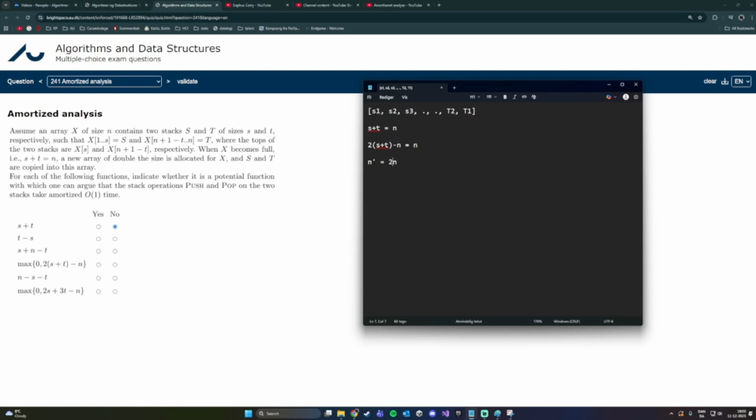And then we have the new n here, so we have n minus 2n, so n minus n, this amount of potential, which is negative, and that's really bad, but we do have this